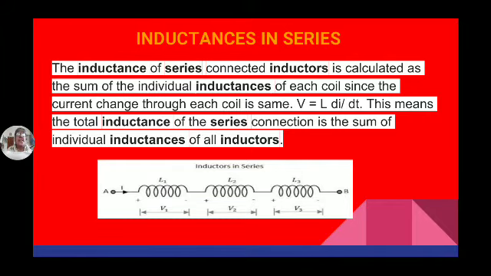So in series there exist two different cases. Inductances can be connected in series in two different ways, such that both fluxes are aiding each other, meaning the flux developed in both coils aids each other, or the flux developed in both coils opposes each other. So the first case is fluxes aiding each other, and the second case is fluxes opposing each other.